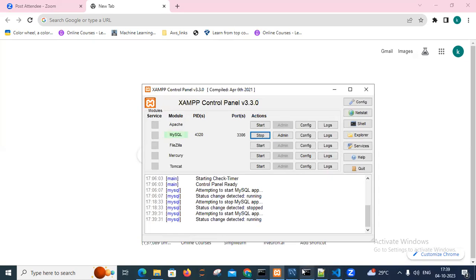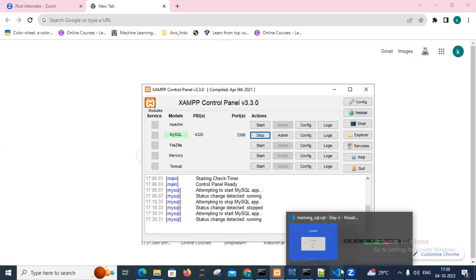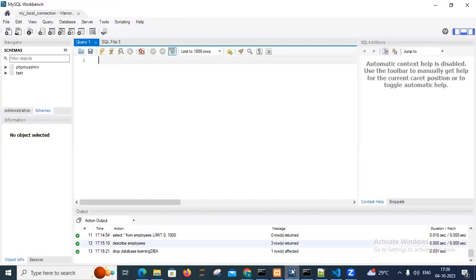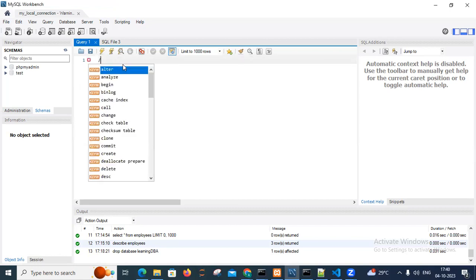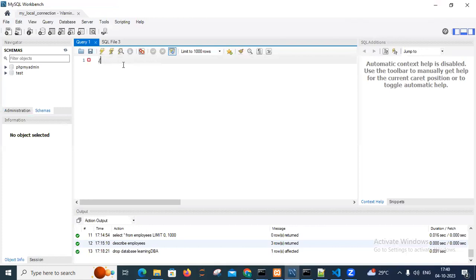So what I will do? Go there. Here you can see that MySQL is connected, but there is no object, right? So the first command is